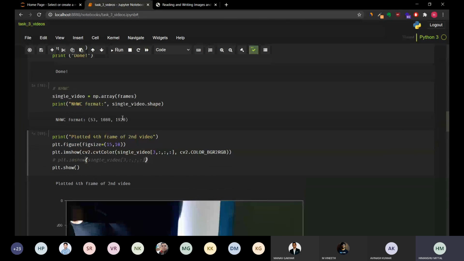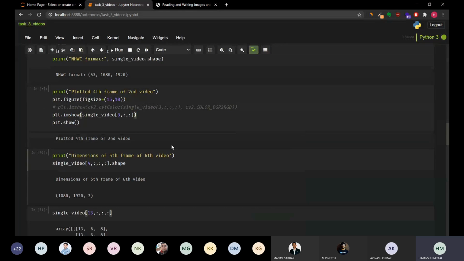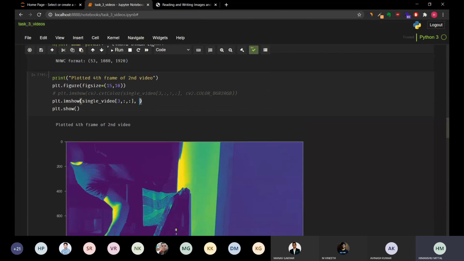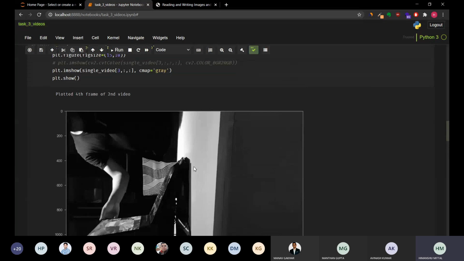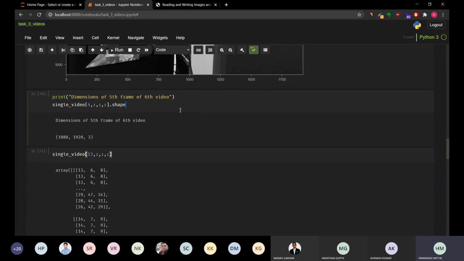And now you can see the shape also, that the 3 is removed because grayscale is a 2D image. Only a single value represents the pixel value. I have to remove the channel thing. Wait a second, I'll just do this. Remove the channel, and now matplotlib actually does this. It is the default color scheme of this, so you can just do cmap gray, and it will be grayscale. So this is the image that we are looking for. So that's how simple it is. So this is all about the video.